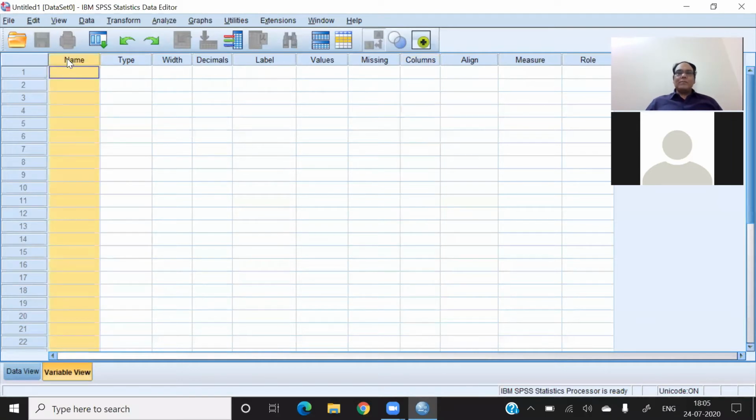The first column is named as variable name column. So I hope you can see the variable name column. So variable name column is having some rules. So let me write the rules of defining it because most of you are not having clarity on this option. So let me explain this concept, rules of defining the variables.